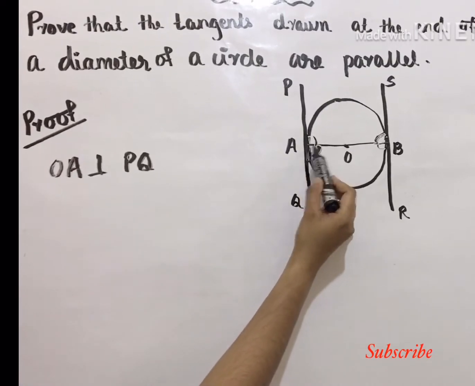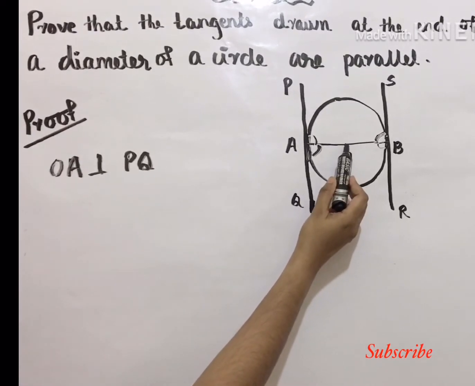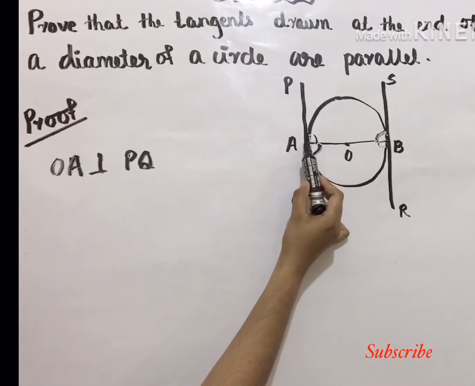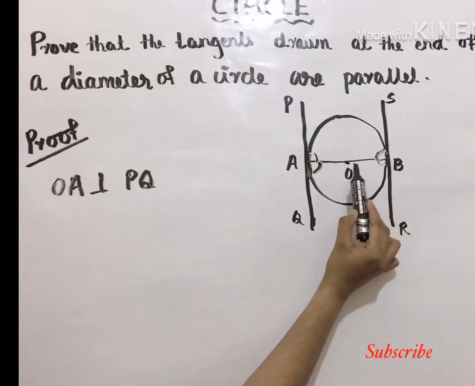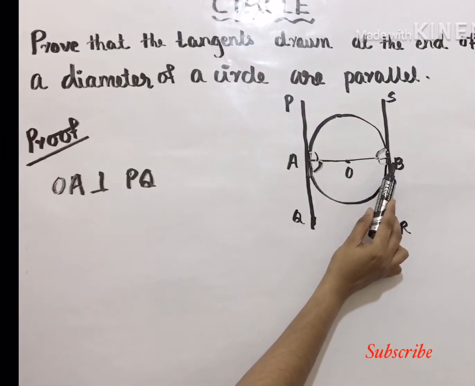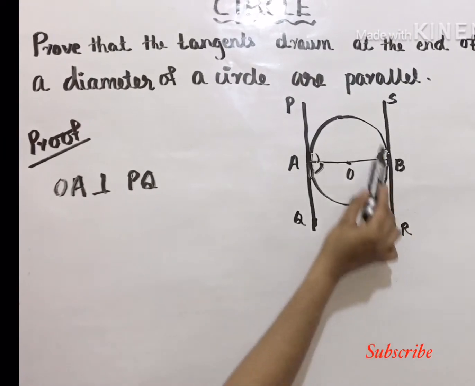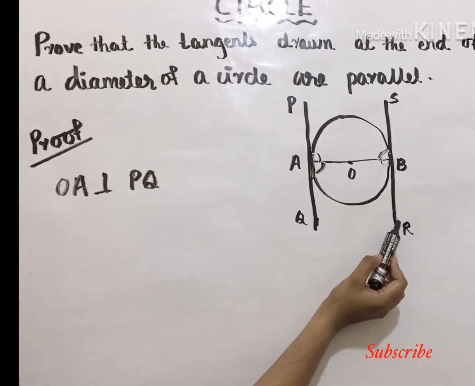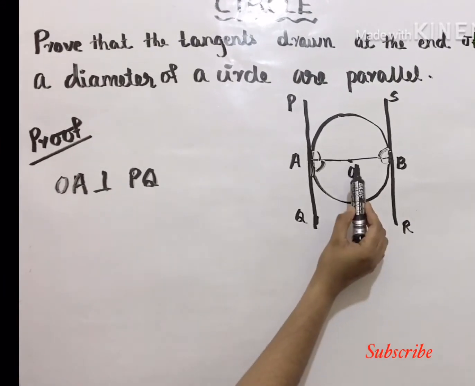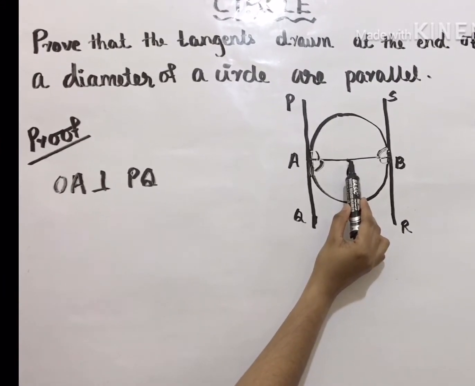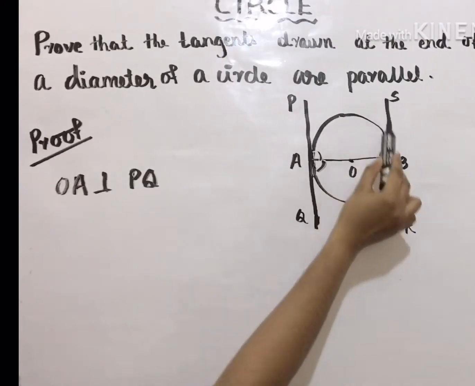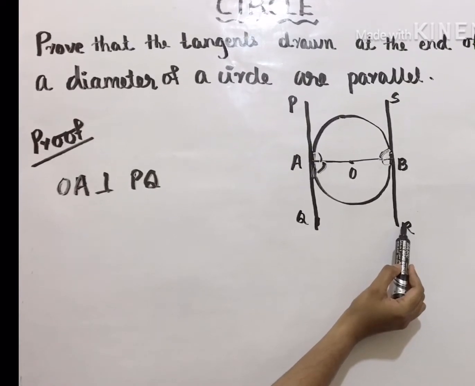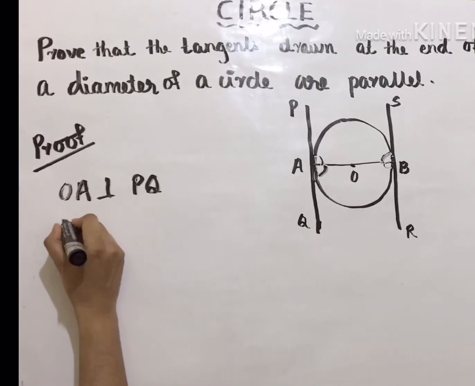Similarly, OB is the radius that touches the tangent SR, and the line drawn from the center of the circle to the tangent is perpendicular to the tangent. Therefore, OB